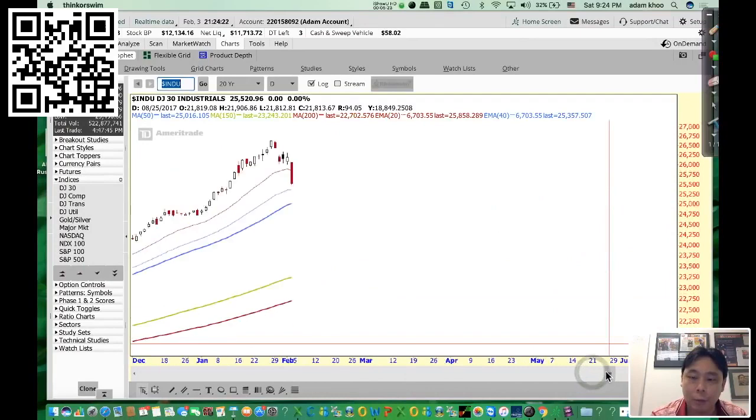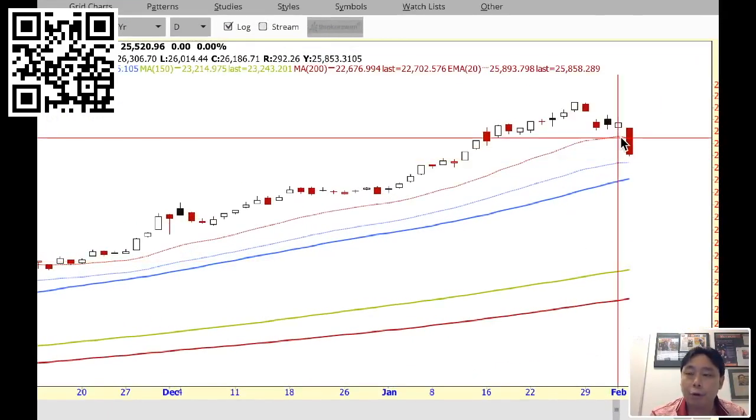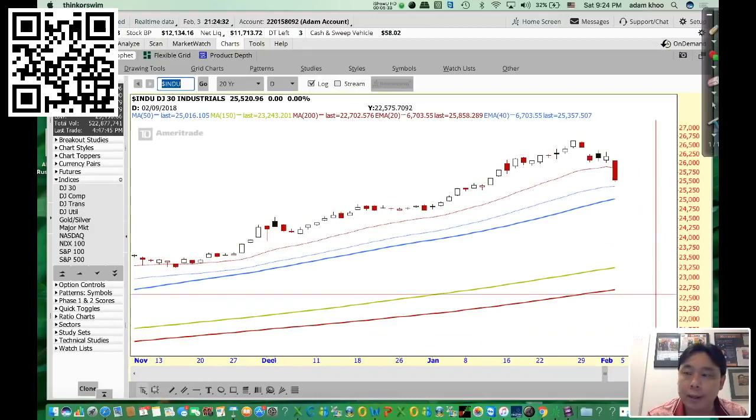So at this point of time, looking at the markets, you can see that the price easily broke through the 20 moving average. So this is not a shallow correction. So the question is, where is the next level of support? Well, the next level of support would be the 50 moving average over here. All right, so I expect that the market will go down